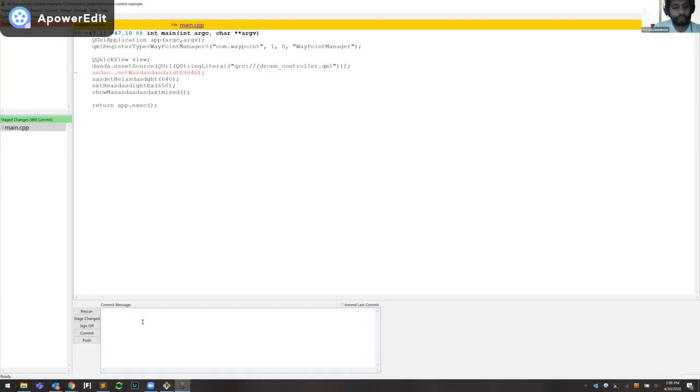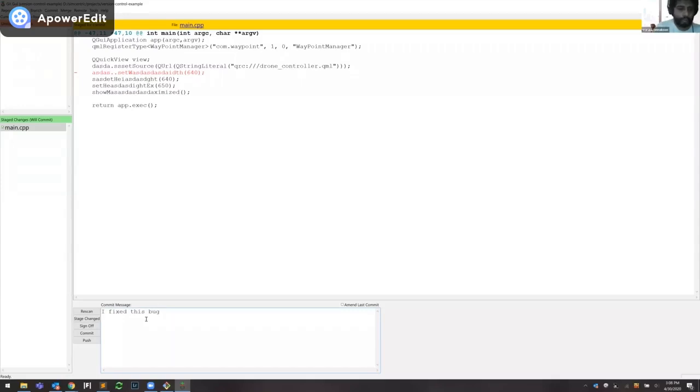So here you can type in a commit message. You can basically say what you have done, a descriptor. There are standards that we expect in a typical commit message. But anyway, here let's type something like I fix this bug or something like this. Doesn't make any sense, but yeah, okay.